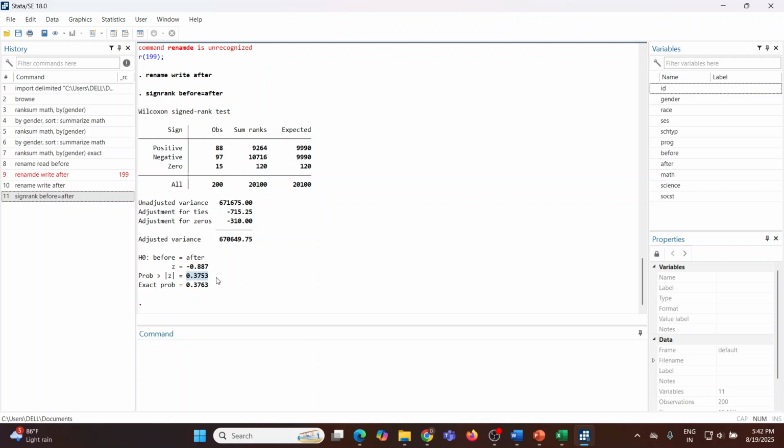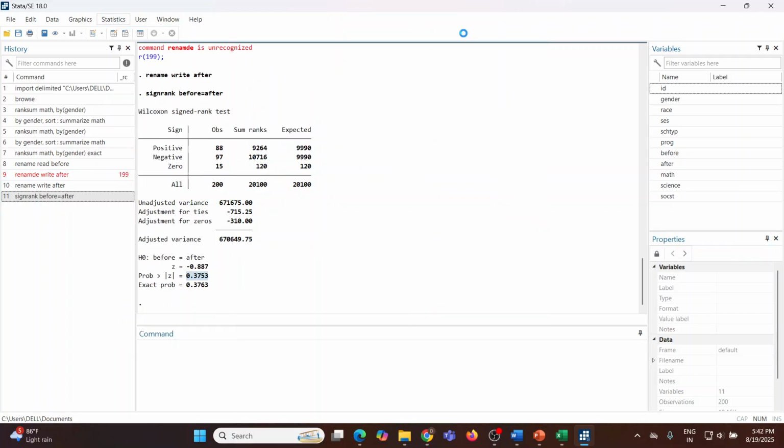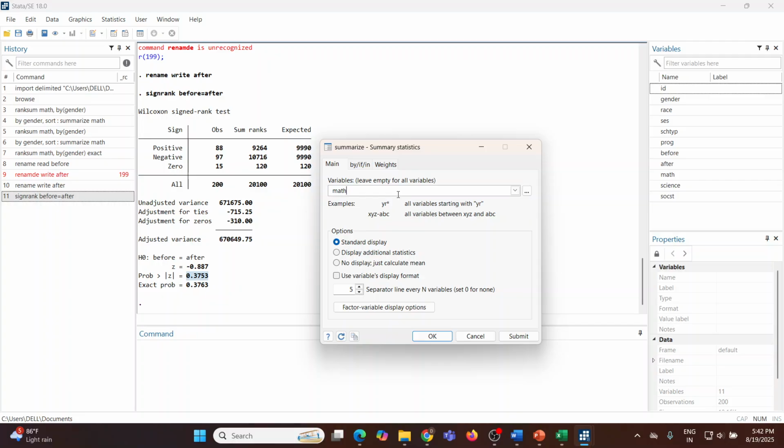As the p-value is more than 0.05, we fail to reject the null hypothesis, which means that there is no significant difference in the scores of the students before and after the training program. We can also get the summary again: statistics, summaries, and summary statistics. And in this, we will activate before and after,